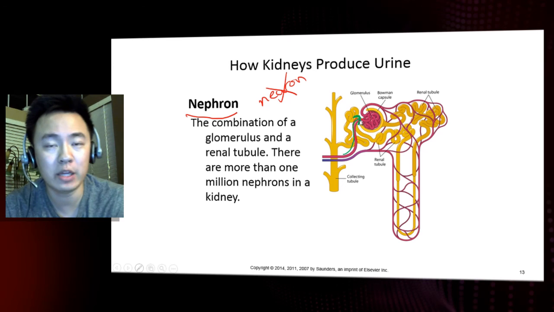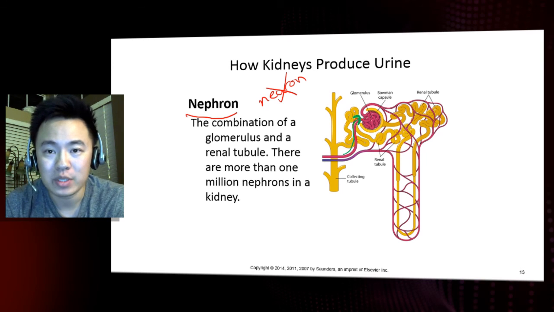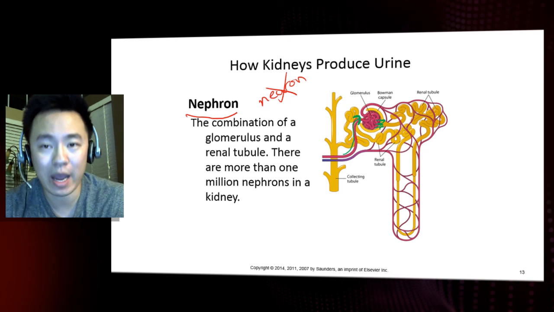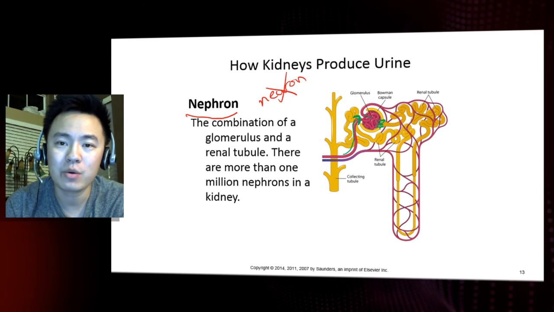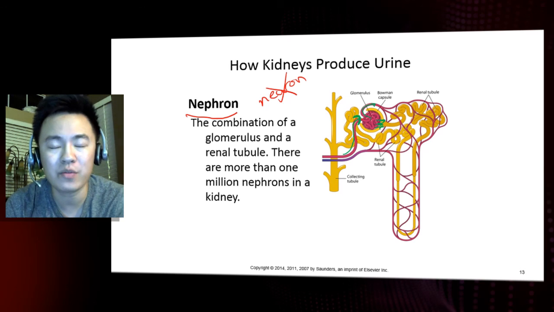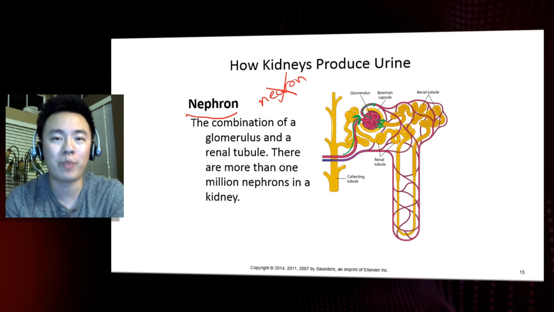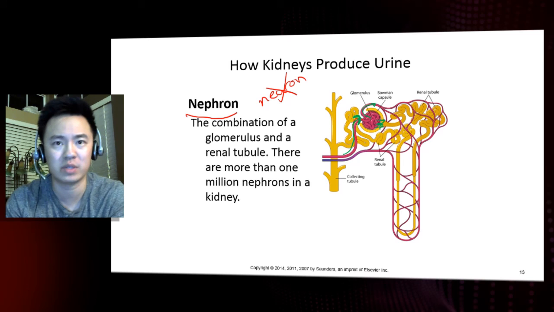So you can see here, blood is entering into the Bowman's capsule. As you can see, in the capillaries here, all of the wastes and salts and water are getting pulled out, just as we've learned a few slides ago. And then now cleaner blood's being filtered out. However, your system has to reabsorb back in some of those essential nutrients like water and some sugars and salts.